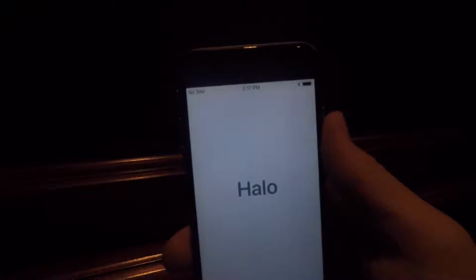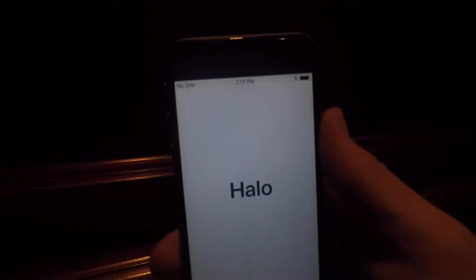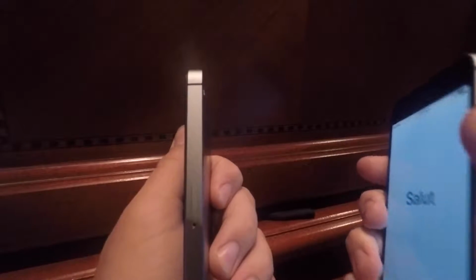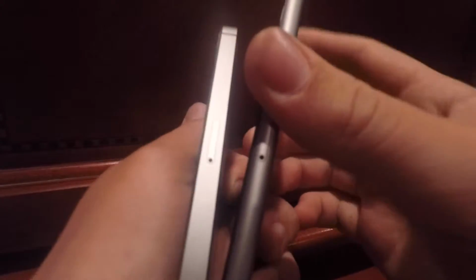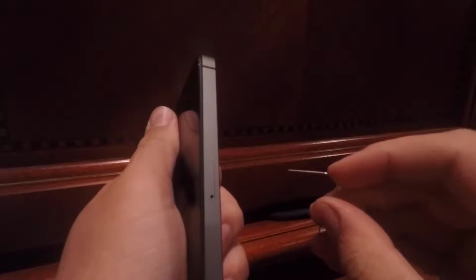If you have a cellular data enabled device on an Apple device here, you're going to need to take your SIM card out, and usually on the iPads it's either on the top or the side. On these two phones here, as you can see, these little things right here, the SIM card tray for both of these. This is relatively simple, and I'm sure you've heard of this, but most newer phones come with the